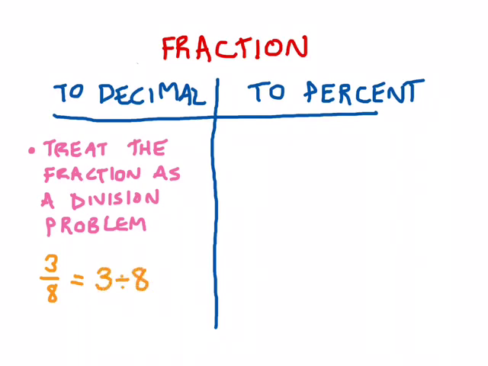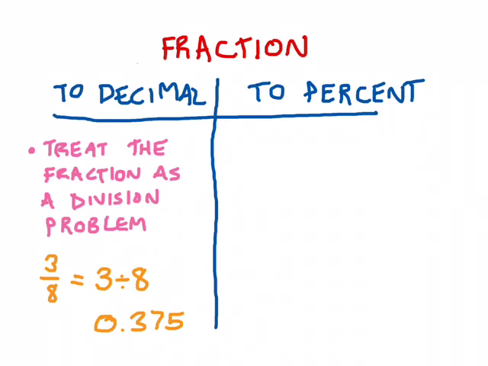A fraction is just division that we've been too lazy to do. So if we go ahead and do it and actually treat 3/8 as 3 divided by 8, that will give us our decimal form. And for now, we're not going to worry about the computation portion of this. You can go ahead and plug this into a calculator. And if you did, you discover that 3 divided by 8 is 0.375 thousandths. Sometimes when we do this, and I'll give you one more example,